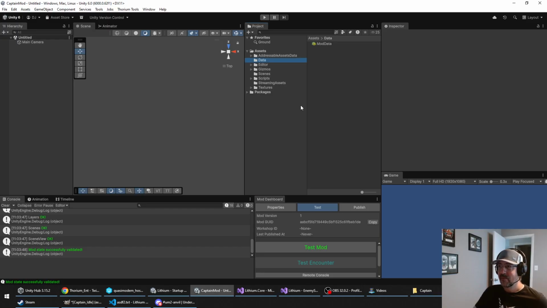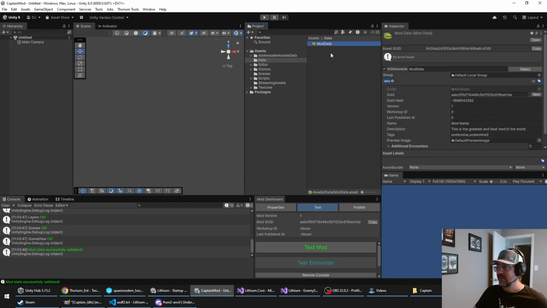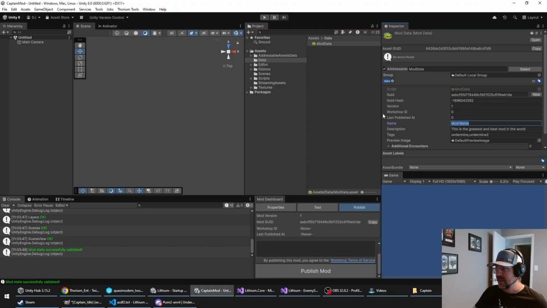Okay, so we've got a blank Unity project here. It sets you up with this mod data object. This is where you fill out a lot of the properties about what Steam is going to read from. So when you go to publish your mod to Steam from this mod dashboard, it's going to take a lot of these fields and push them out to Steam. So you want to keep these updated. So I'm going to name this mod something like the Captain mod,